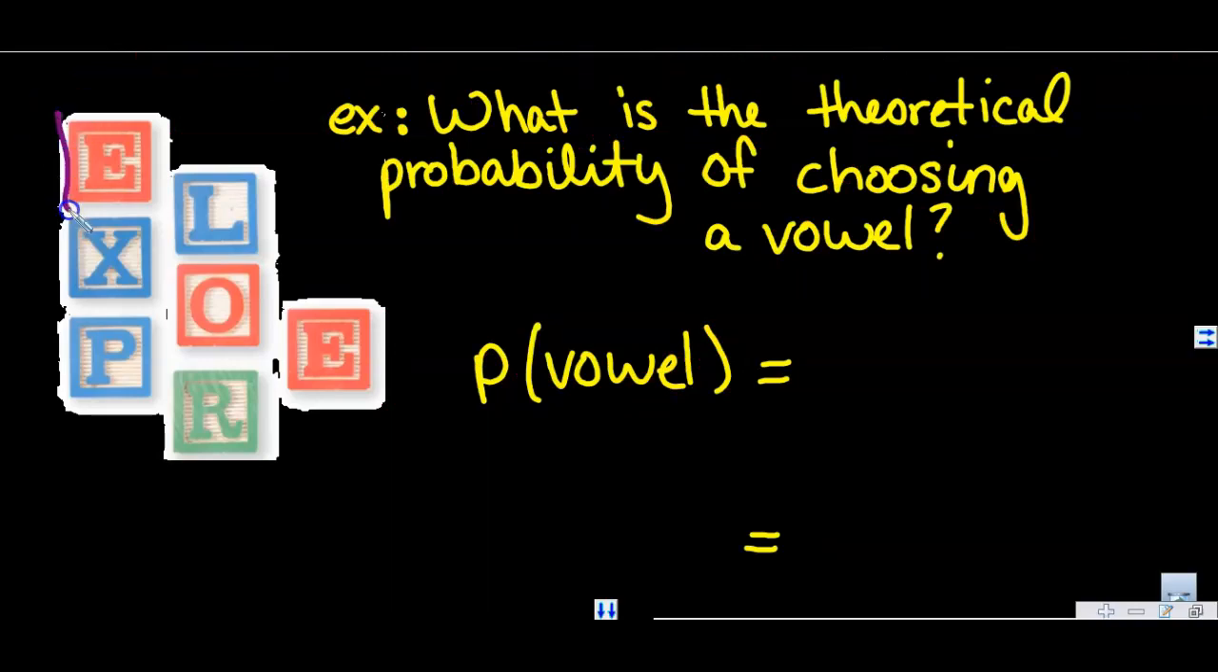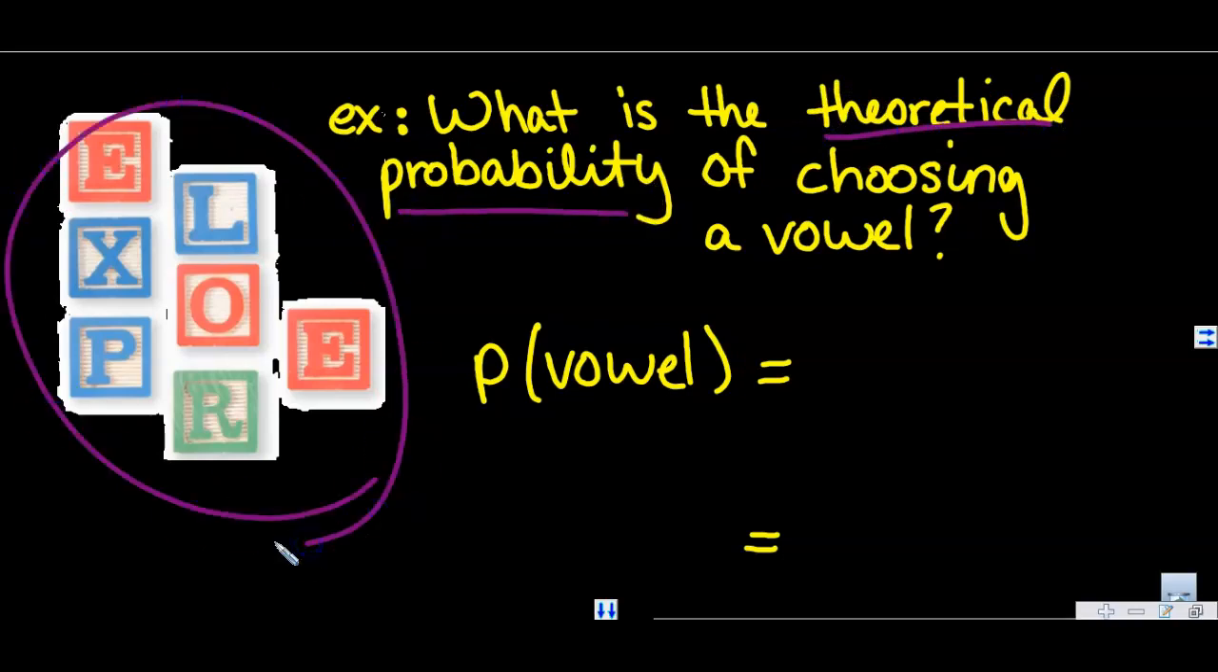Say we have some alphabet blocks. We want to know what's the theoretical probability of choosing a vowel from the selected set. We have E, O, and here's another E. So again, the probability is the total number of favorable over the total number possible. Our favorable outcomes are all of the vowels. We have 3 different blocks, even though the E's are the same. We have 3 different blocks that could give us a vowel